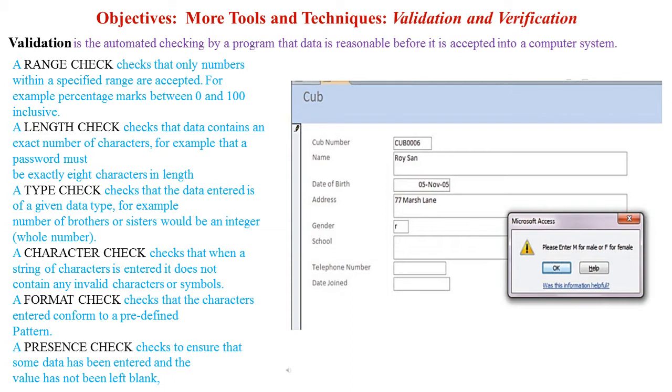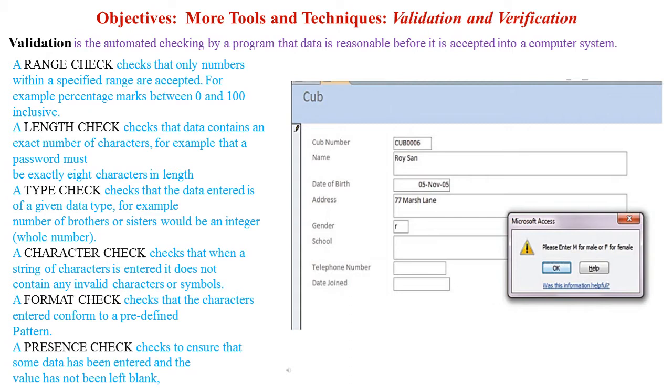Okay, a range check can be for inputting marks. For example, you are entering the marks you obtained in your test. The maximum marks you can attain are 100 and you have entered 105. So your program should reject this value. Okay, when you are programming a computer system to take your marks as input, you must put a check there that will check the range. So a range check works for numbers.